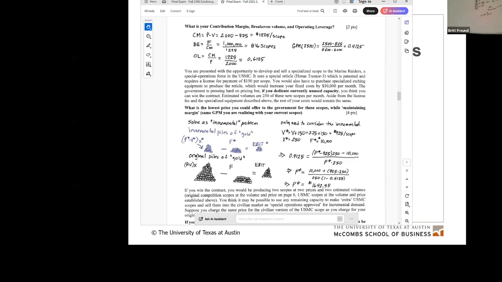The Marine Corps has higher variable costs because of that porous trimmer reticle. Plus I have to pay for some more fixed cost, yet I can maintain the same 41.25% margin while charging them less than I charge the civilian market. How can that possibly be? Well, that's because the original capability cost me $1 million. The incremental capability only cost me 10,000 bucks.